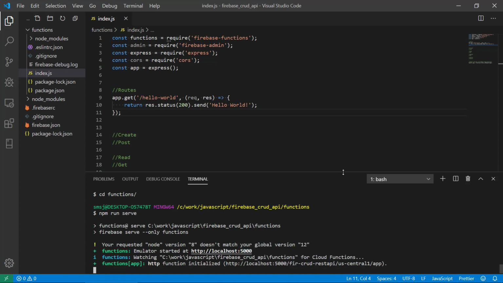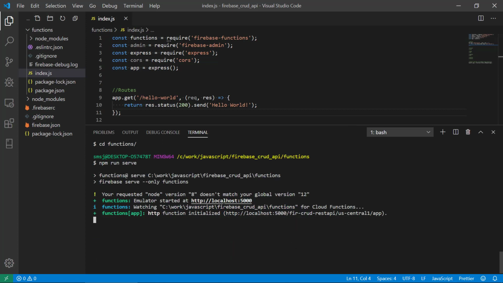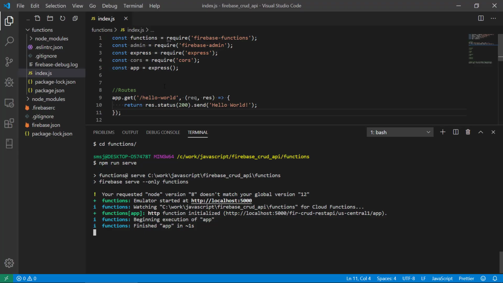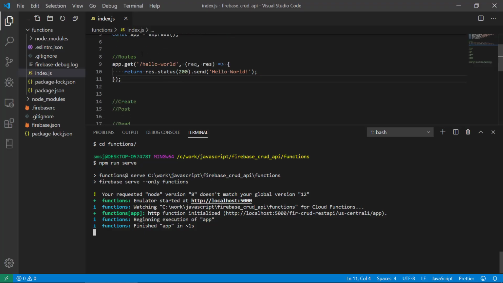Alright, so we can see that it is located on localhost port 5000, and then Firebase CRUD REST API, and then /app. So we can hit Control or Command on a Mac, and it's going to open up a browser, and it says cannot get this